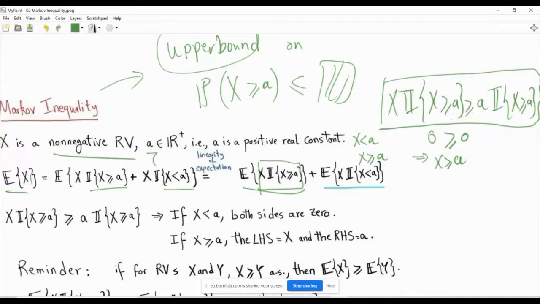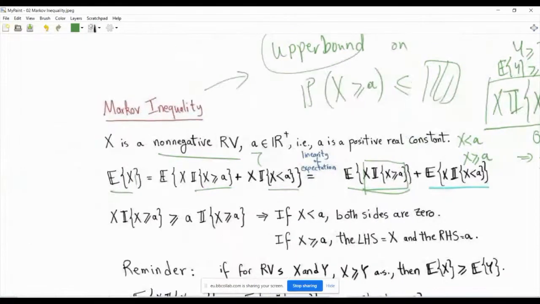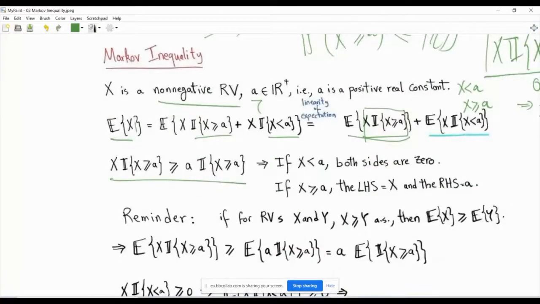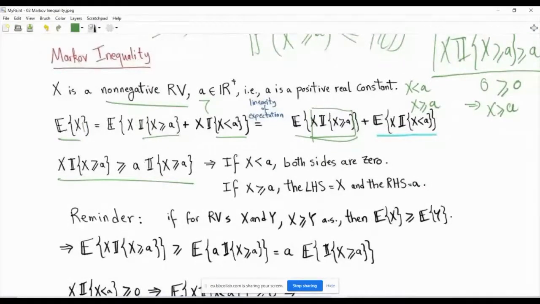So you can say this is always true, and now you know that x is a random variable. Remember that we have this rule that if you have two random variables y and z, and y is greater than or equal to z almost surely, then you can take the expectation of both sides. Then expectation of y is greater than or equal to expectation of z. So this is what we'll do here. If this is always true, or professionally speaking, true almost surely, or with probability 1, then you can take the expectation of both sides.